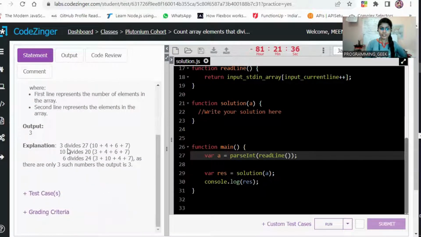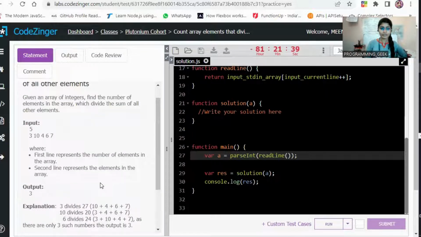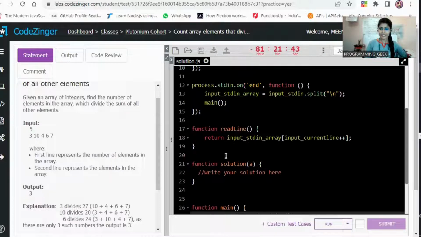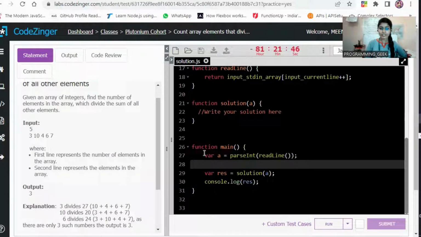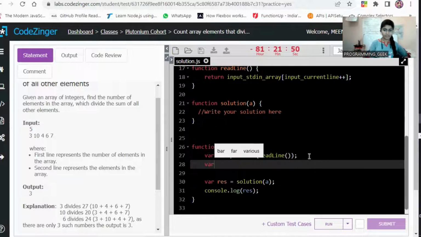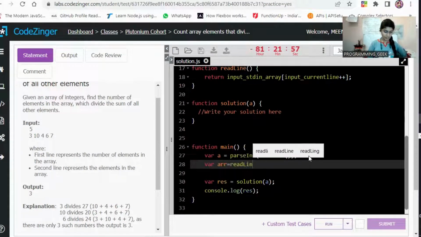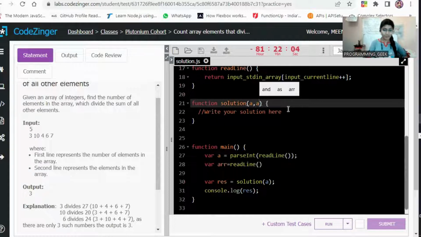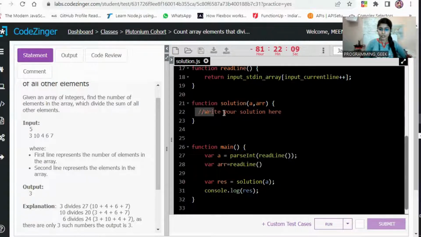Here is the explanation of this question. First, we will read these inputs by the readline function, which is already declared here. You will notice here A is already read. And second, ARR is the next variable in which I am invoking the readline function to read the array's elements. If I pass both the variables as parameters of the solution function